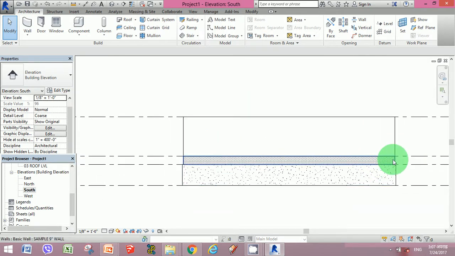So this is the plinth wall. It's in brick fascia, and above this area we have another wall. There are other detailings that you could do in a basic wall also, but that would be in the advanced course of Revit Architecture. Here we are just going through the basic tools and basic designing concepts.